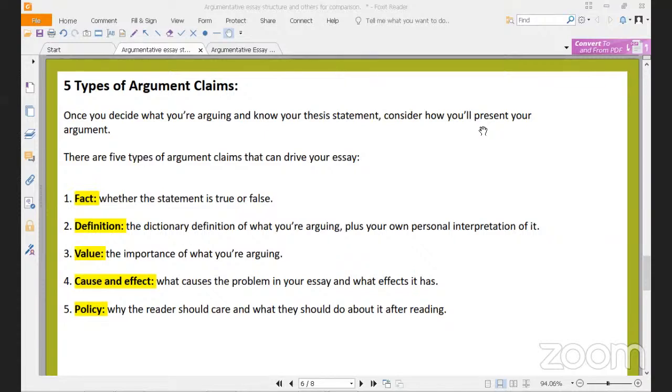Cause and effect. What causes the problem in your essay and what effects it has? Policy. Why the reader should care and what they should do about it after reading. Okay,